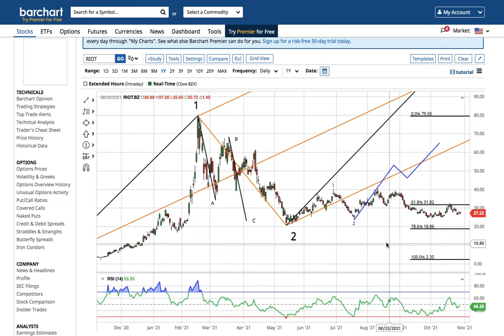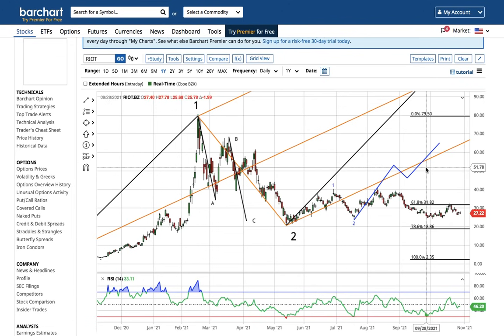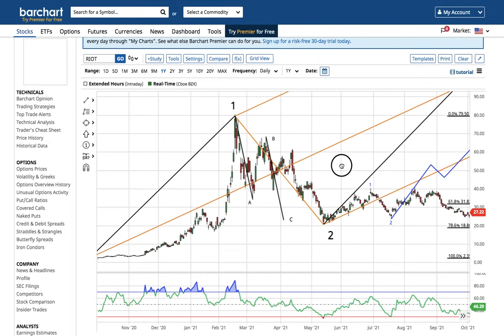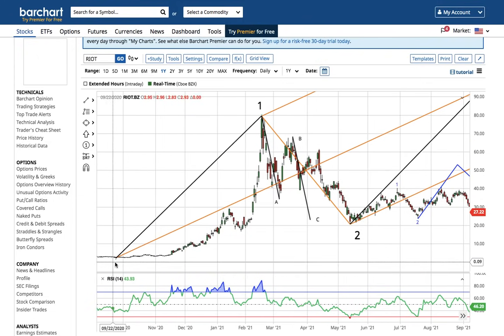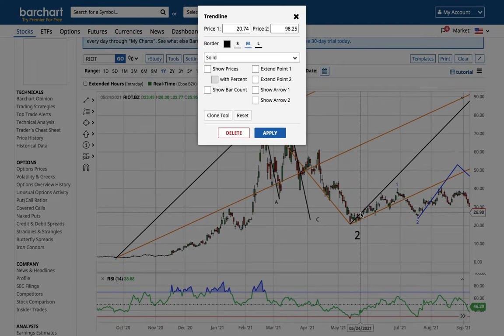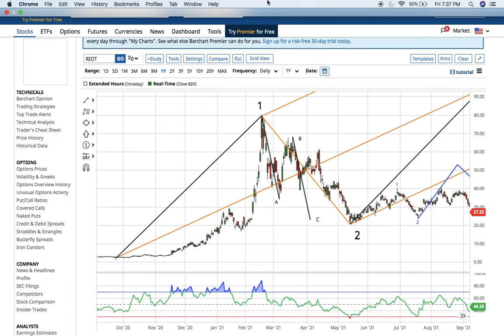I think Riot Blockchain is going to follow Marathon Patent Group. I think this is the wave 1 and a wave 2. And at the very least, we're going to go back to the lower bound of the pitchfork. I think we're going to see Riot Blockchain in the 60s, kind of towards January, to be honest. But in the bigger picture, ultimately, this is a wave 1 and an ABC wave 2. The length of wave 1, placed at the wave 2 low, says, as wild as it sounds, that Riot Blockchain is about to do what Marathon Patent did recently, potentially go to the median of the pitchfork, potentially head into the 90s, even for that large degree wave 3 target.